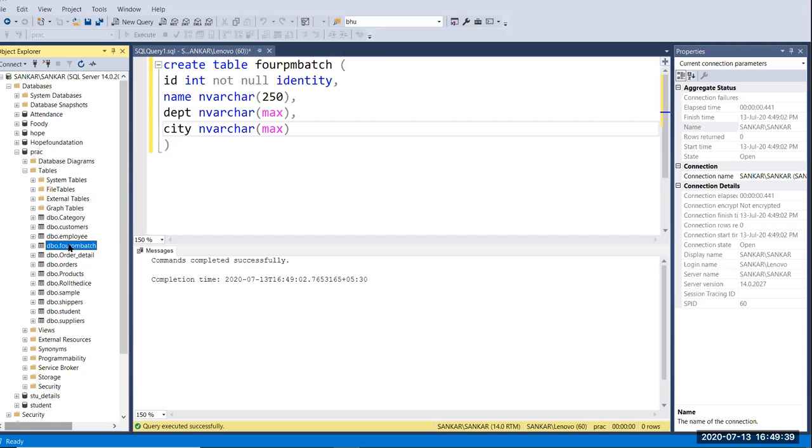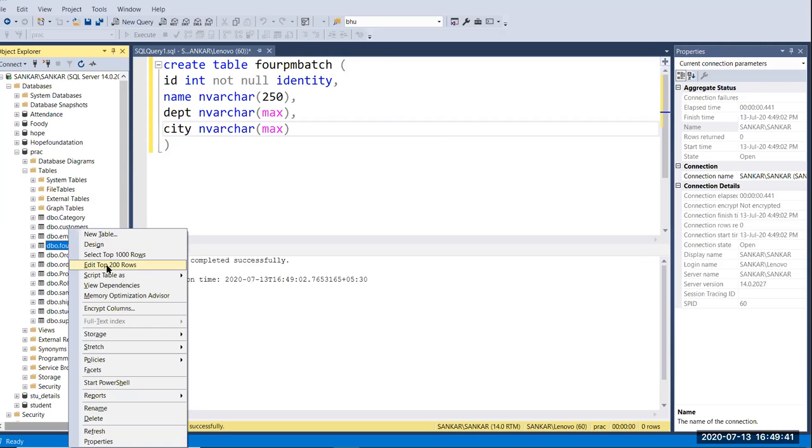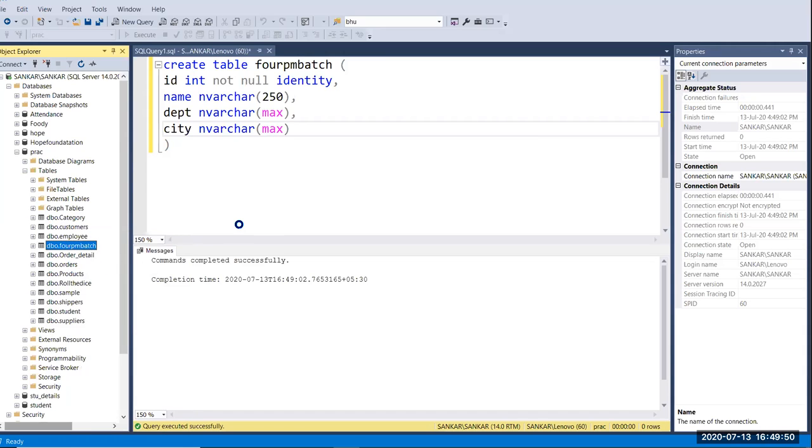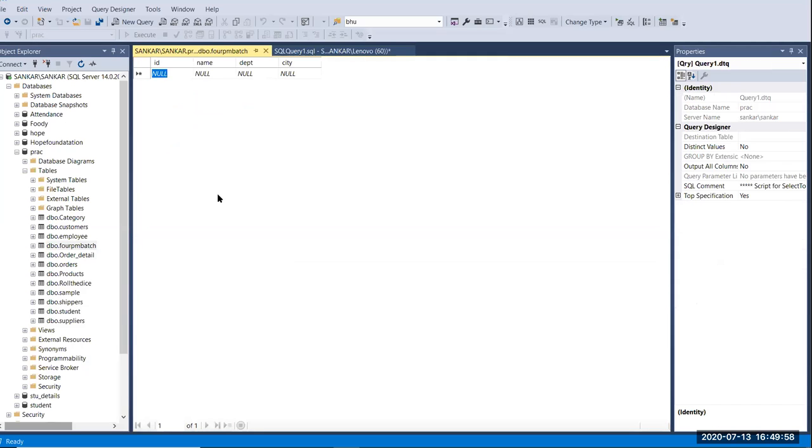Okay, so I'm going to copy some values directly. We have already seen this in the Saturday class, right? So once more I'll show you how to insert two or more values directly.